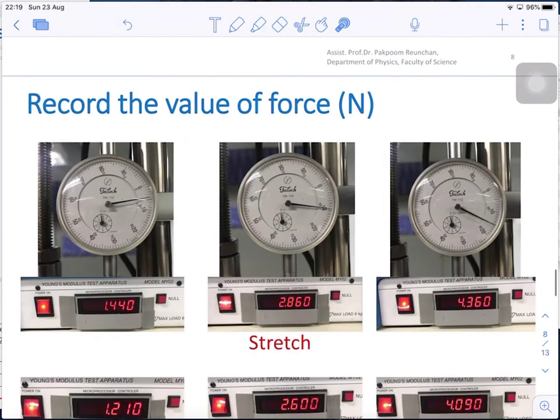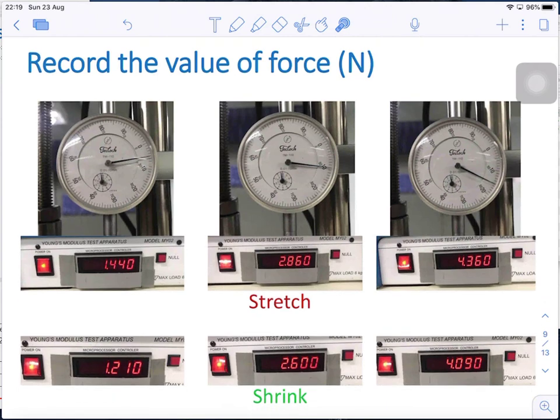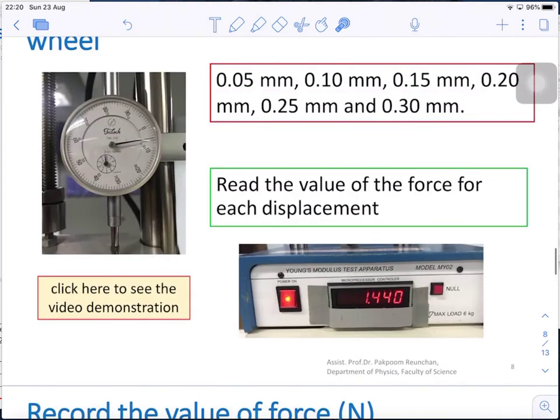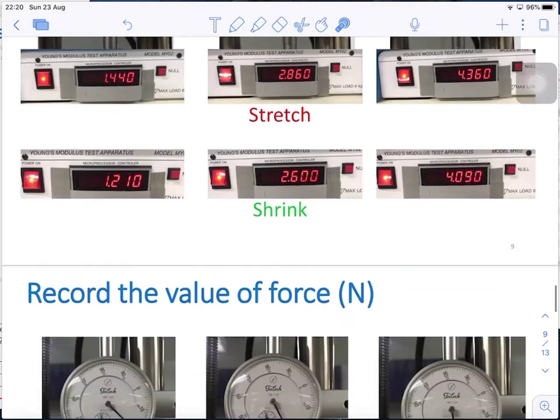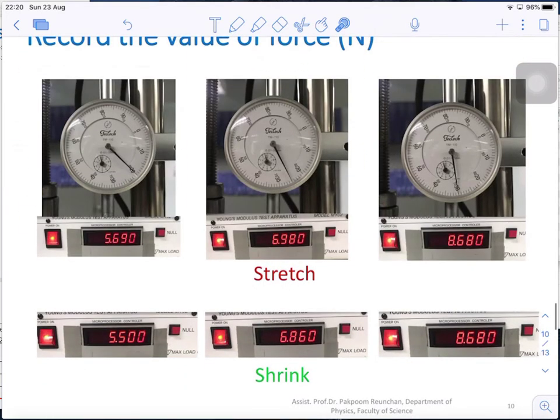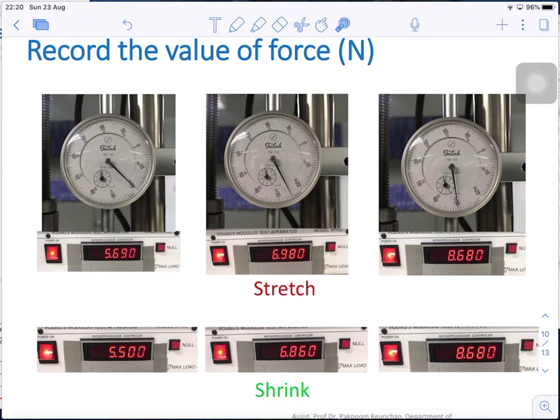And then the next procedure, we stretch the wire 0.05 millimeter each time, and then record the value. So we stretch, right? 0.05, 0.10. 0.05 millimeter, and 0.10 millimeter, and 0.15 millimeter, and so on. So we stretch, right, until the wire is stretched